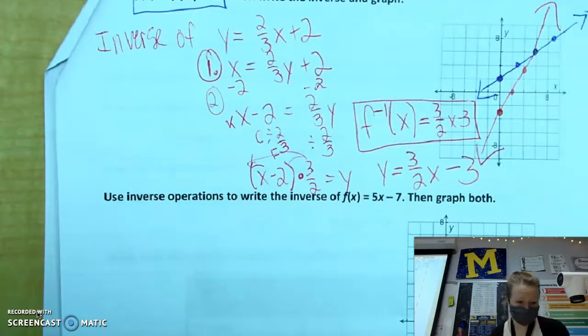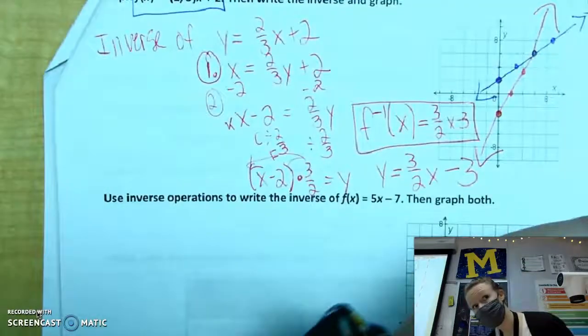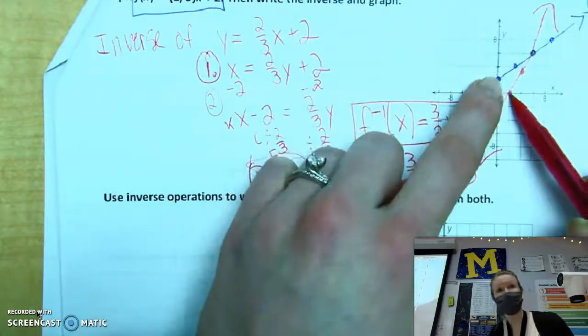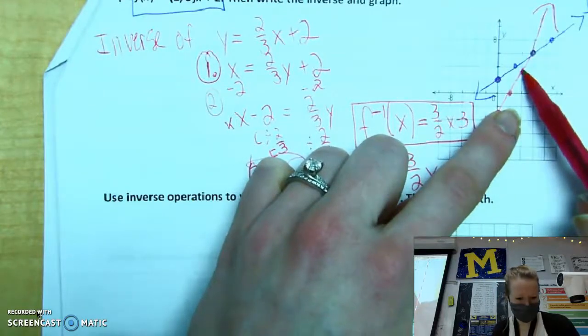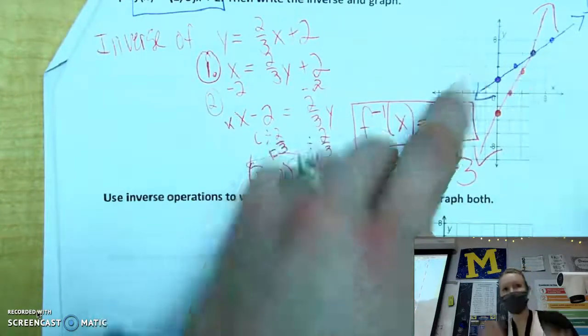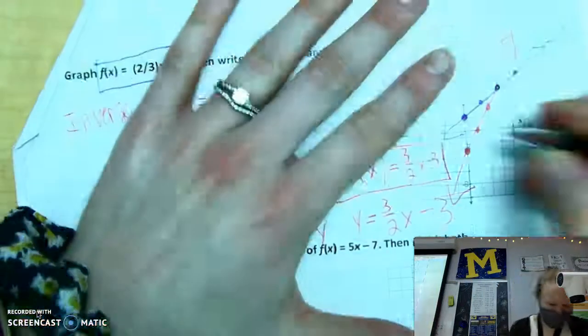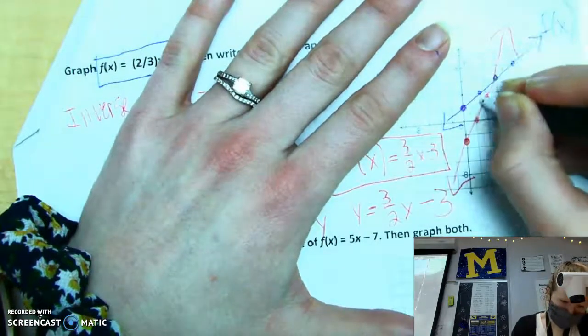So a good thing to check is either check your coordinates and see if your x and y are switched. Here I have 2, 0 and 0, 2. This one I have 4, 3, and then I have 3, 4. So it looks like our x and y are switched. Or you can always sketch that line of reflection and see, does this look